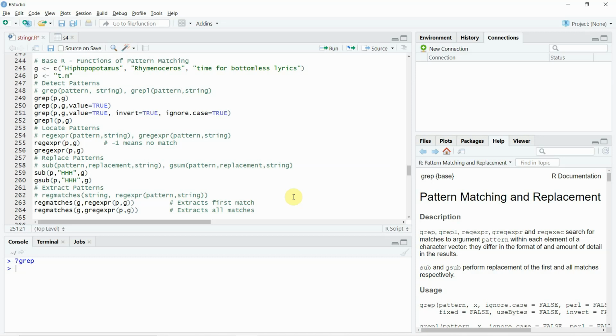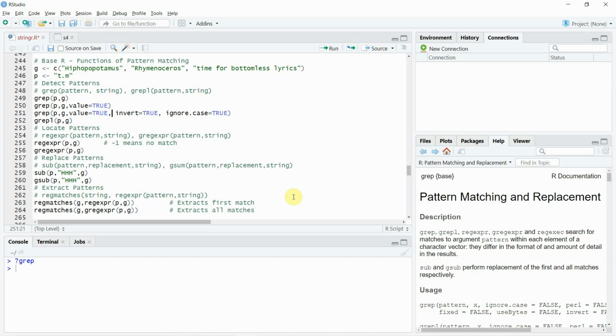We look at grep, regexpr, sub, gsub, and regmatches functions, which are basic string functions. And then in subsequent videos, we'll start looking at different packages like stringr, and so on. Then we'll also look at regular expressions, which is called regex, and I'll try and explain that to you in a subsequent video, right?